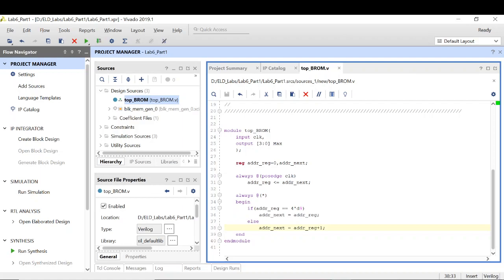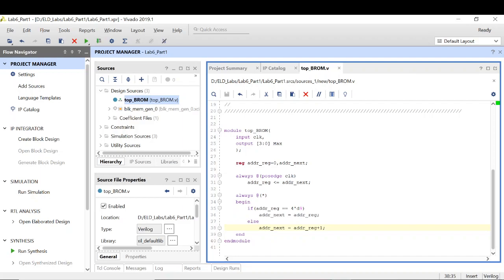Now, two things to note here, which I've already mentioned in the earlier lab as well. The first thing is, in the if condition, I am using the underscore reg variable for the comparison because this is a stable thing. A combinational variable can change any time, but the variable which is changing only at the clock is deterministic, right? So it's better to use the underscore reg. In fact, you must use this underscore reg variable for the comparison in the if. Also for the incrementing, I am using this adder underscore reg variable because again it's a stable value, right? So this is the convention you need to follow.